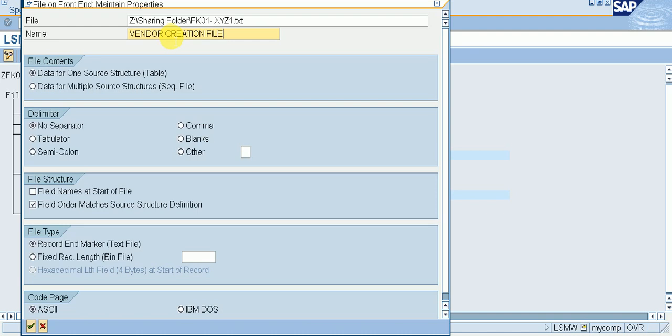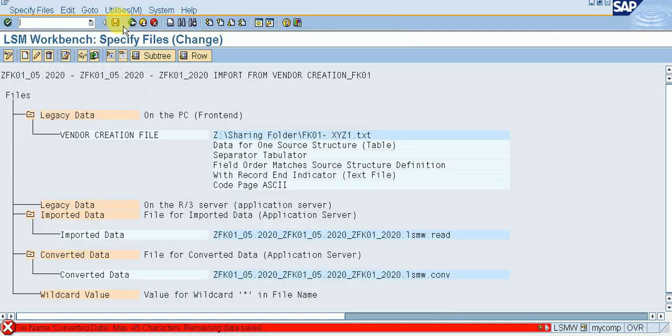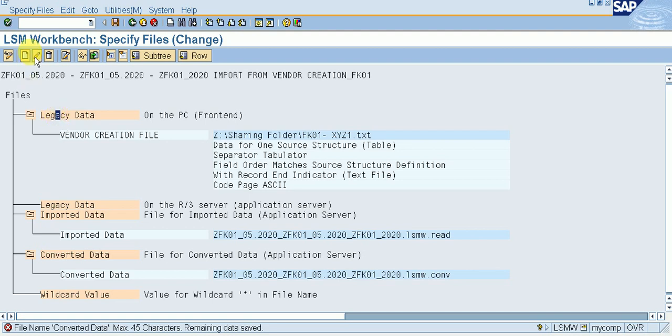Okay, click on tabular, then continue, then save it. File converted, data 45 characters, data saved.